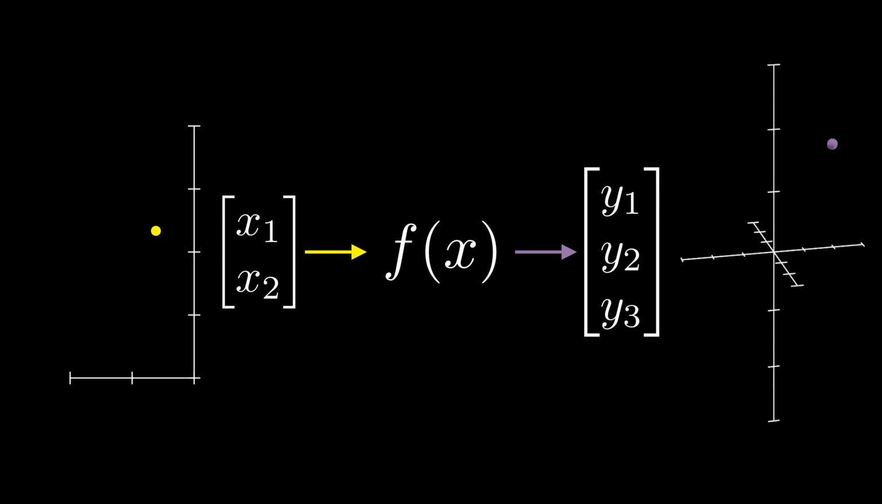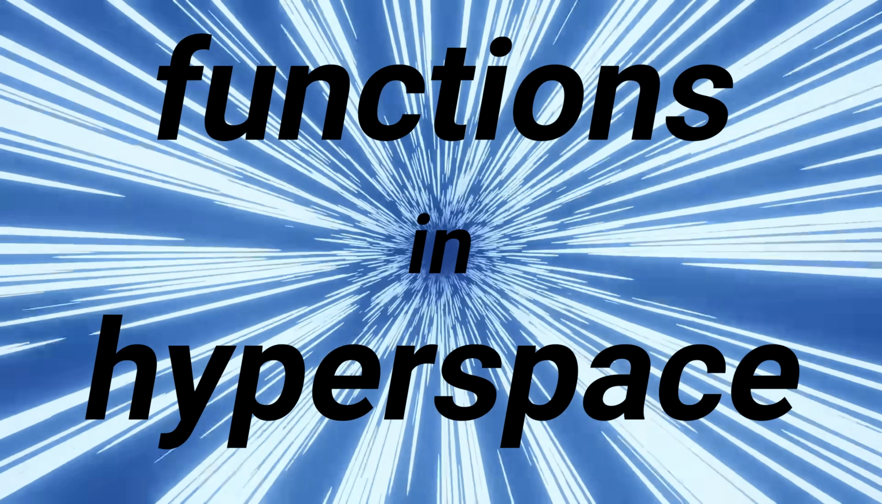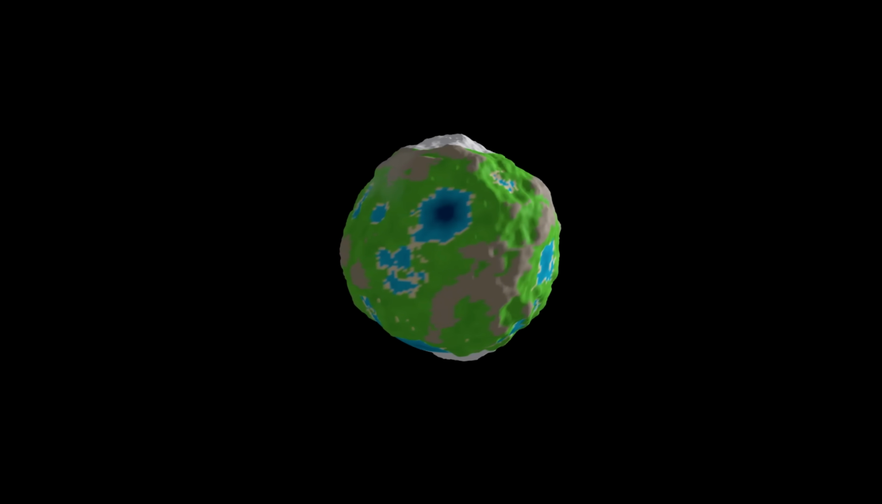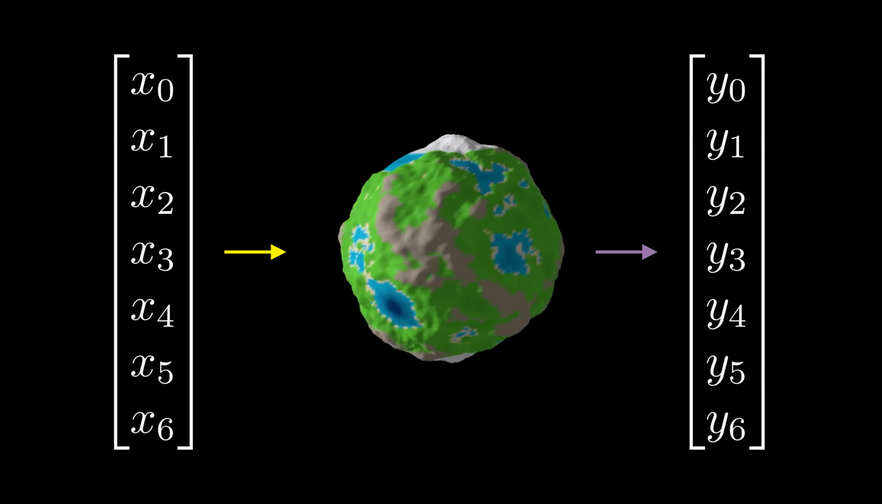Up to this point, we can still visualize these dimensional spaces and the functions that map between them. But when we add 4 or 5 or 600 dimensions, we leave the comfort of low-dimensional space and we enter hyperspace. These are functions in hyperspace. What the hell does that mean? Well, all it means is that these functions have lots of inputs and lots of outputs, specifically more than 3